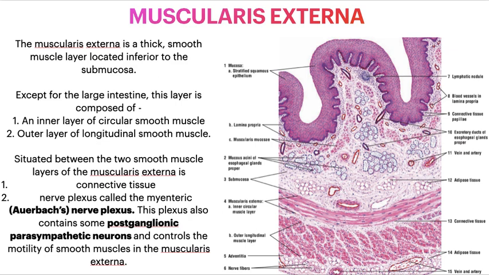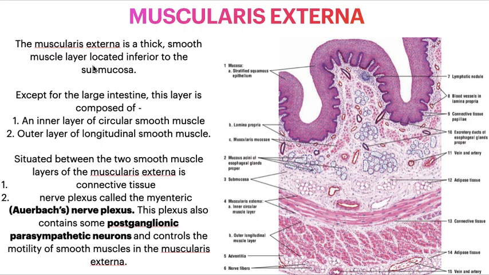Coming to the third part, which is the muscularis externa. Please do not confuse it with the muscularis mucosae. Okay, so this is the same slide. This is the slide of the esophagus. Kindly locate the mucosa over here. The mucosa has three parts: the stratified epithelium, the lamina propria, and this is your muscularis mucosae, which has two layers. After which we have the submucosa containing the glands, the vessels, the lymph vessels, and the plexus. After which, this is what we're talking about, which is called the muscularis externa. This huge layer is the muscularis externa.